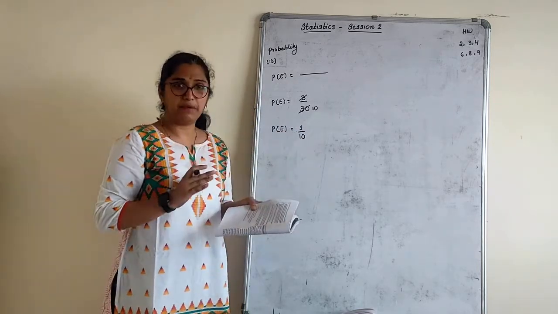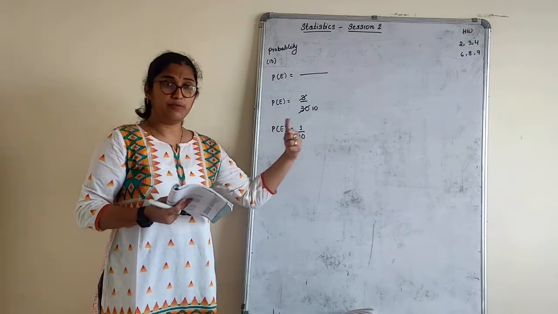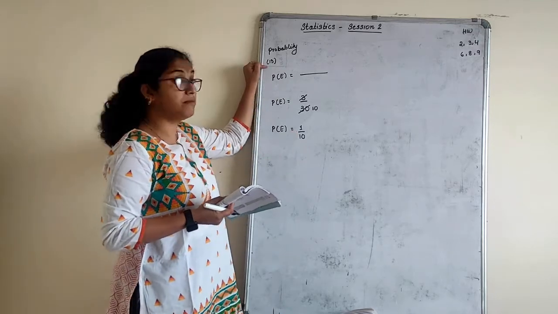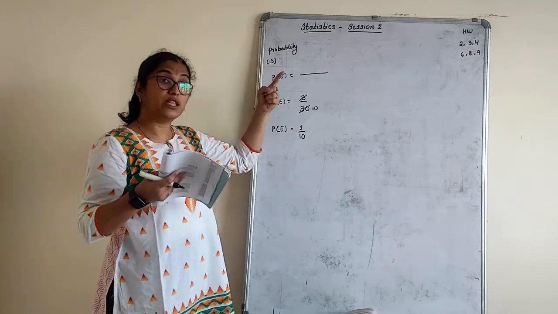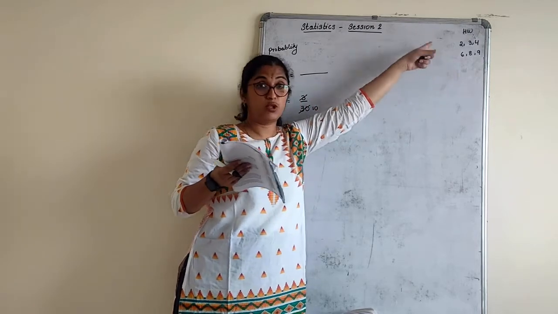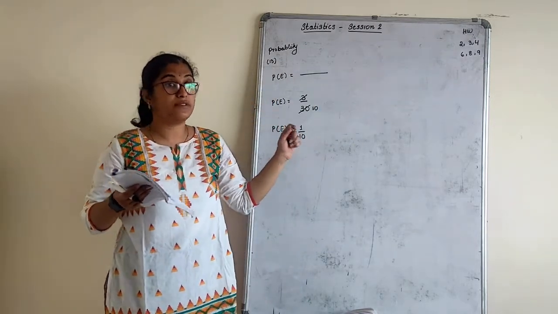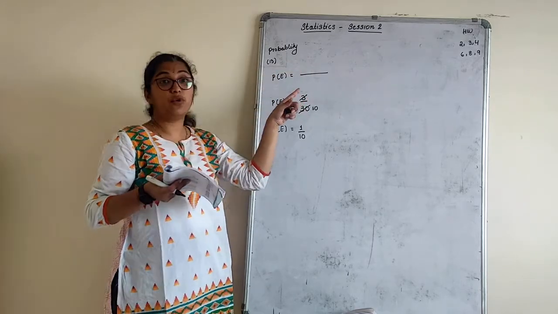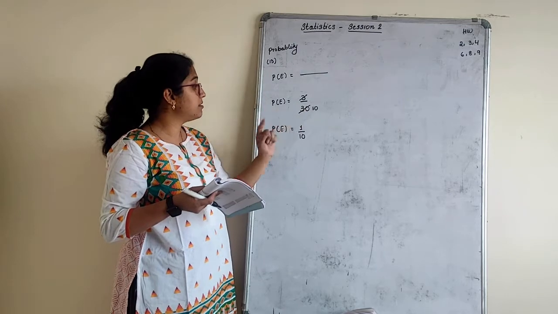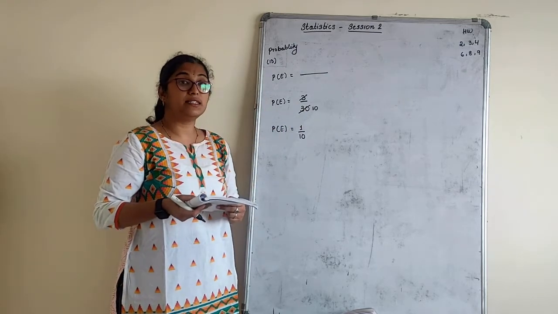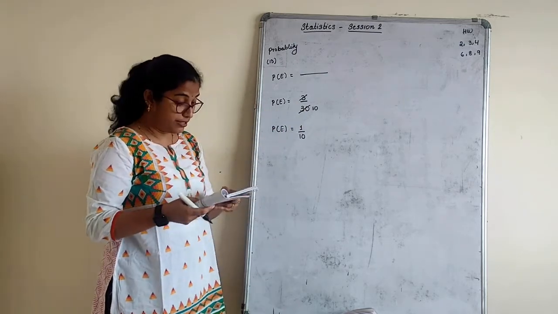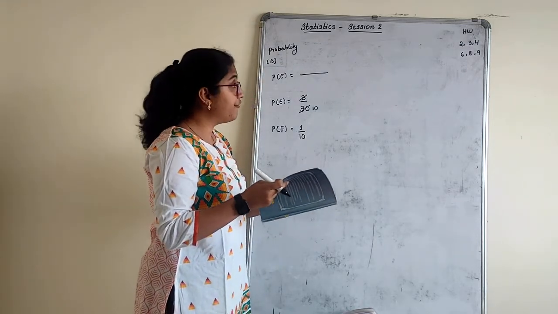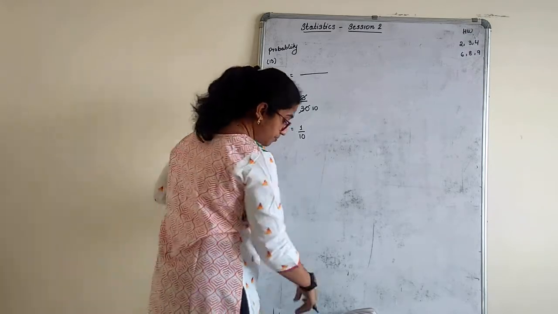They had asked about AB. So I'll repeat once again. The first sum you have just now done. Below that, give continuation from probability, question number 13. That was the 13th question. The 12th question is the 5th one now, which I had given as homework. I will solve it here. Probability of an event, formula, for AB they have asked. For AB we have only 3, so that is 3 by 30. Probability of the event is 1 by 10. Very clear, children? So your homework sums are going to be 2nd, 3rd and 4th. The 5th one I will solve here now.